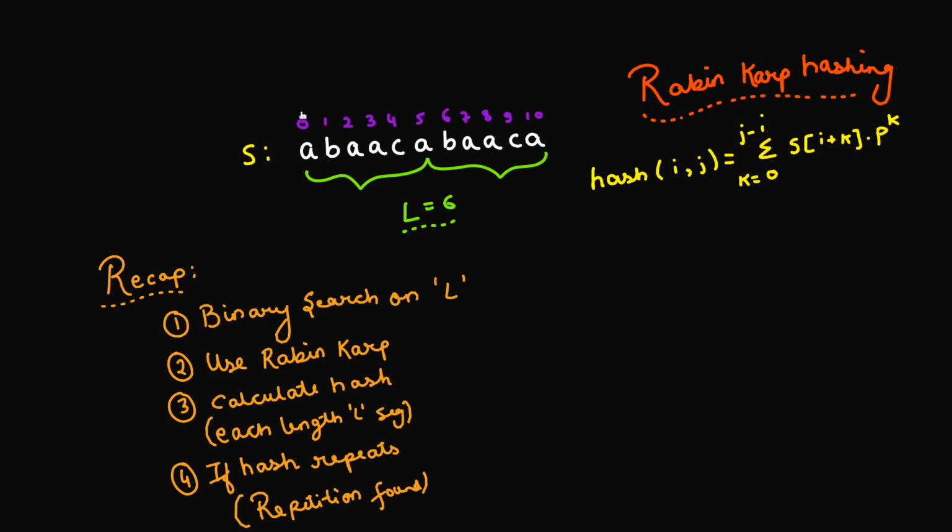Say for example, if you have already computed the hash from segment 0 to 5, you need not completely iterate from segment 1 to 6 in order to calculate the hash from section 1 to 6. You can do some arithmetics, and you can do it in less than O(L) time, which is less than the time required to iterate from index 1 to 6. You can actually obtain the hash in less than that time. You can apply some arithmetics, which is what we'll be seeing next.